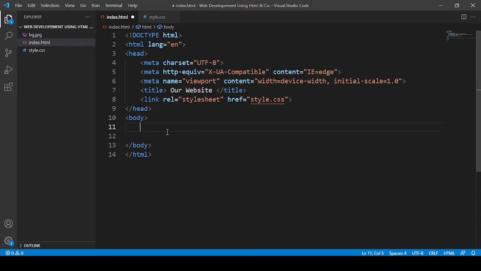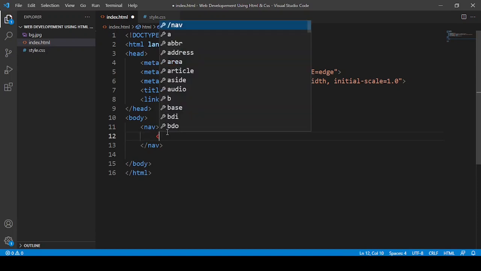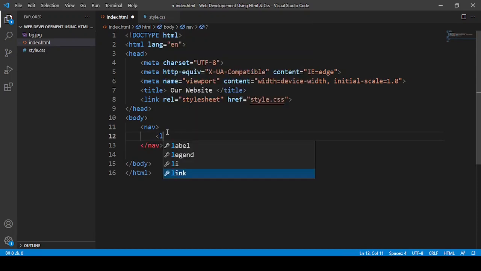And now after body, I'm going to say here nav. Okay, nav, and inside in that nav, first I'm going to say here label.